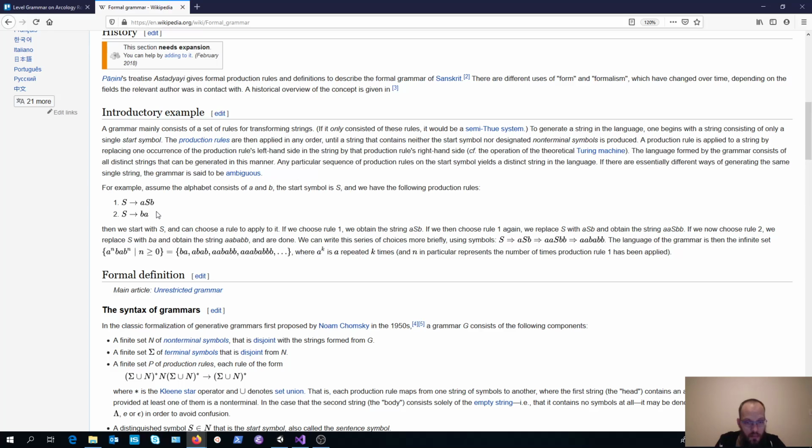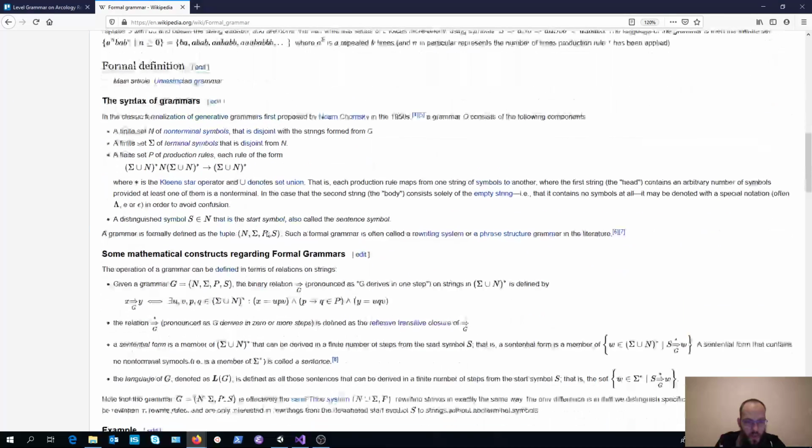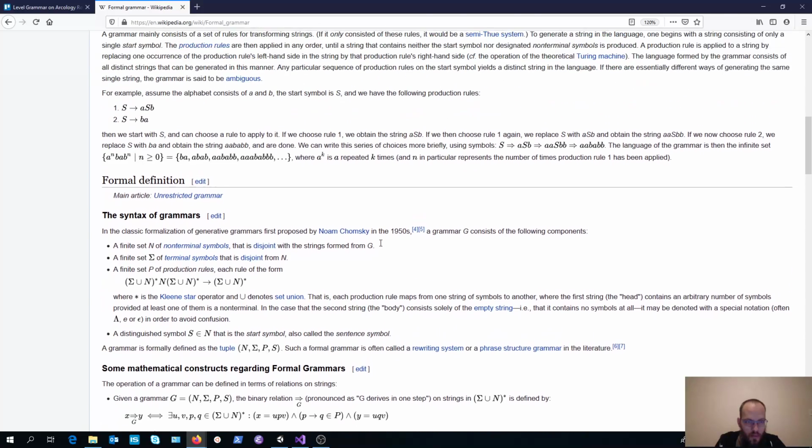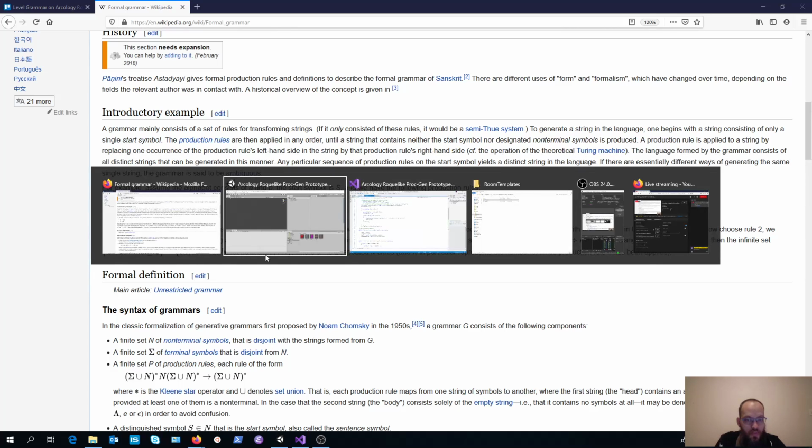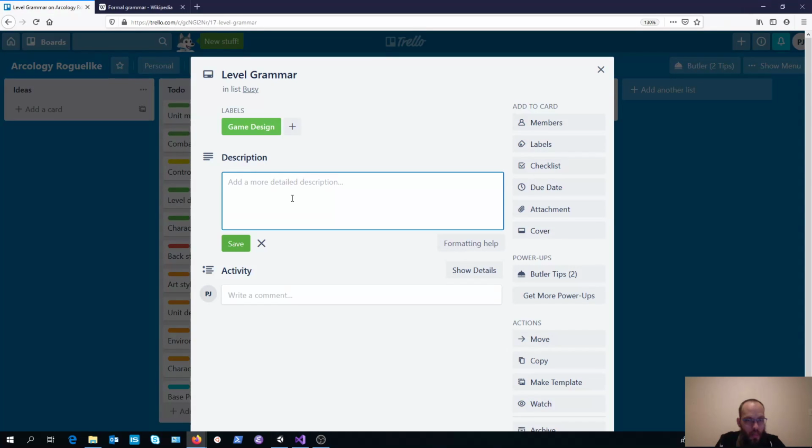The idea is that we have our small letters being terminal strings, so A and B can't be converted into anything else, and our big string S can be converted into other smaller strings. And then this means we can build up and build up and build up until we eventually can't make any more different strings. So if we go back to our example over here, we want to be able to define